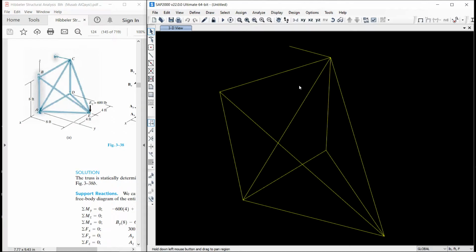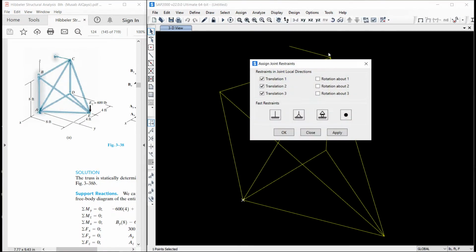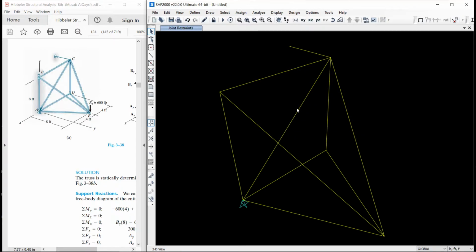Now we are going to assign support conditions. Point A, it's a hinge support. Assign joint restraint conditions, hinge. Okay.